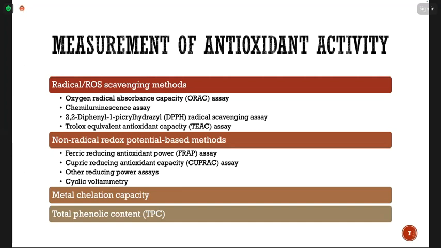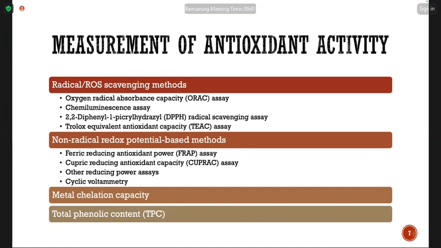Okay. So after you know which mechanism should belong to you, then you come to the measurement or test or analysis of antioxidant activity. Normally there are FRAP, DPPH, ABTS. So which one do you choose? Suit yourself. Normally my students choose whichever is available. Whichever is available, okay, I do FRAP. If FRAP is not available, ABTS. And then,